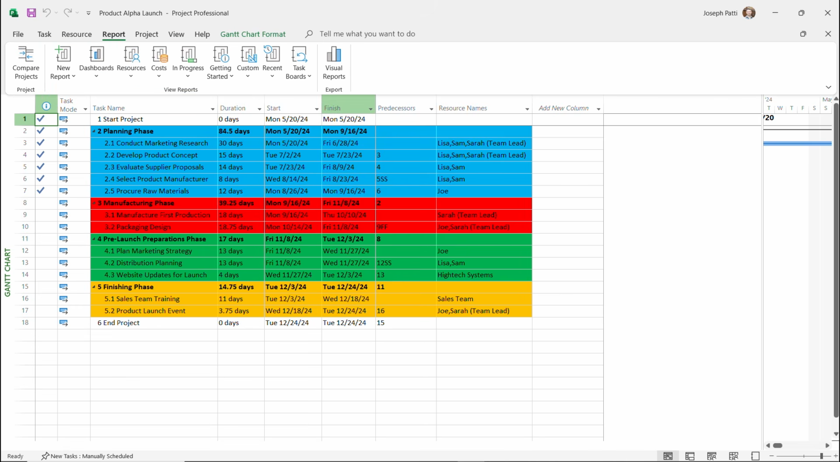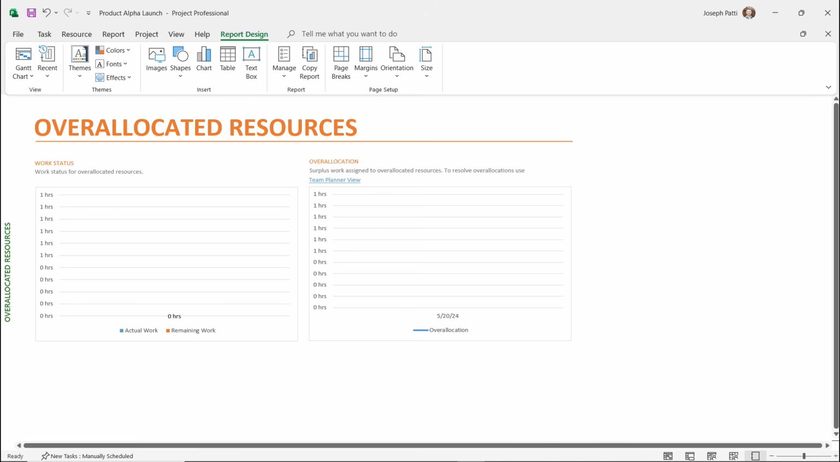Let's get started with our resource reports. Resource reports are great. It allows for you to take a look at your resources. So if we click on the little drop down next to resources, we can see there's two reports, over-allocated resources and resource overview. Let's click into over-allocated resources. This report has two charts, none of which are populated because, well, again, we don't have any over-allocated resources in our project plan. But it would show you the actual and remaining work, as you can see in the work status. Not only that, but we also have an over-allocation chart as well,